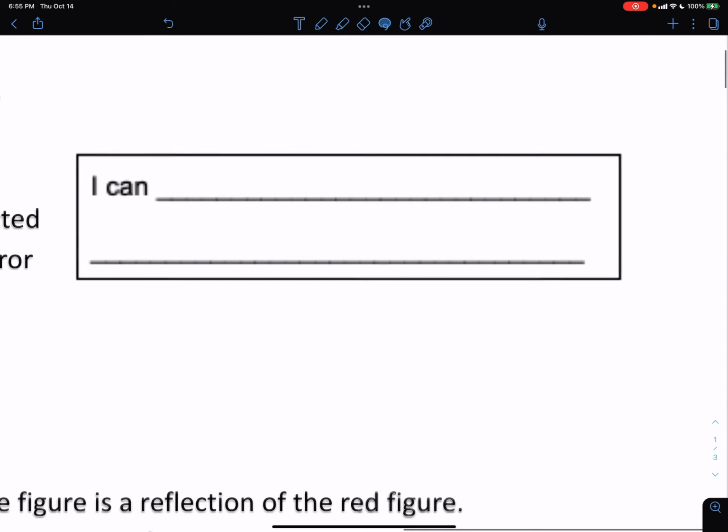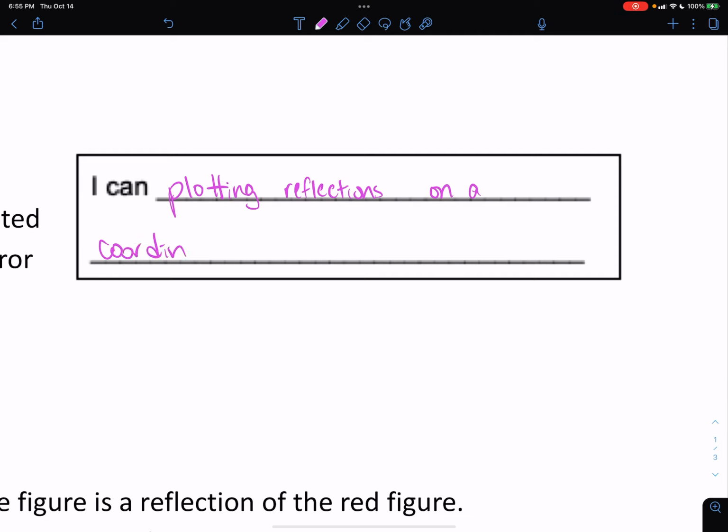Hey everyone, in today's lesson we are going to talk about plotting reflections on a coordinate plane. Okay, so I'll be talking a little bit just in case your notes aren't out, but it is an